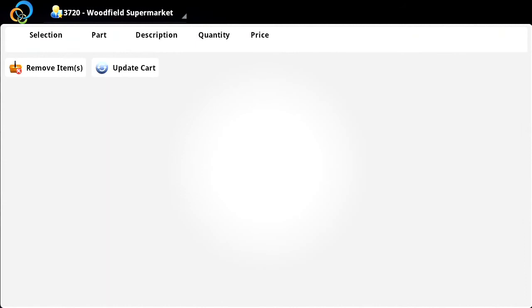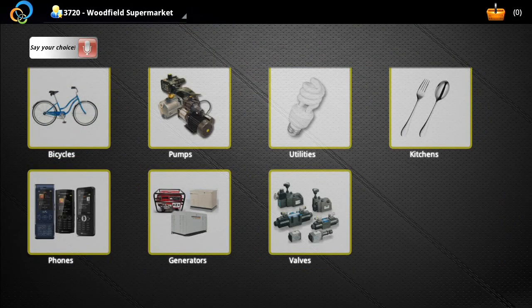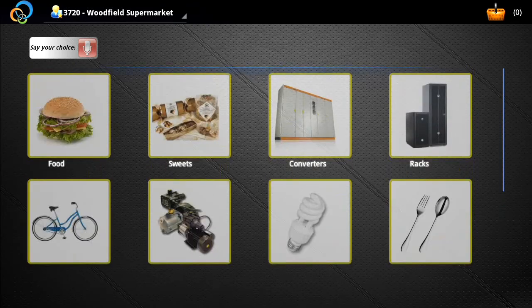Now, why don't we do a few more interesting things? For example, let's go all the way to the start. And one interesting and very powerful feature Android has is voice integration. So for example, if I'm in too much of a hurry and I really can't drill down through the catalog areas to the product that I want,